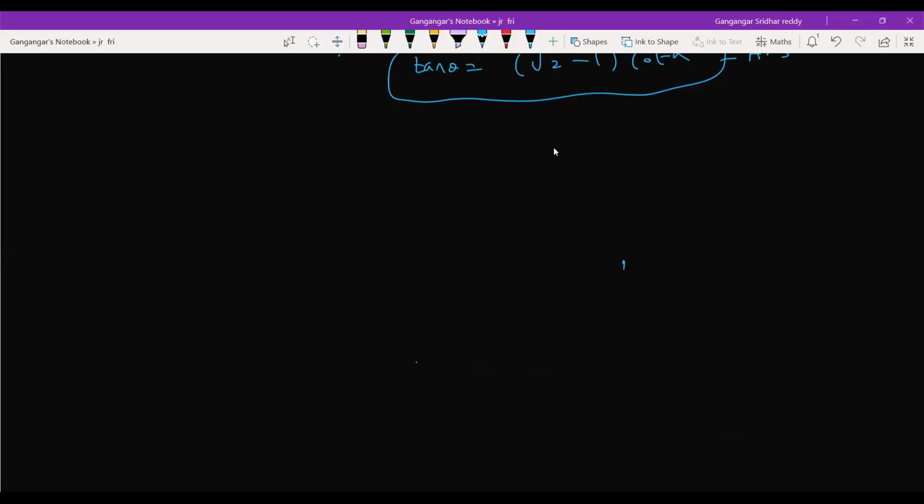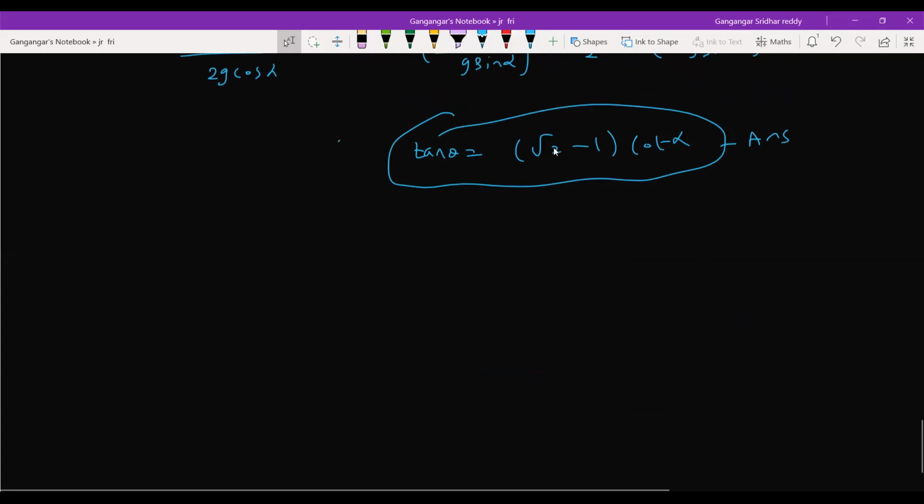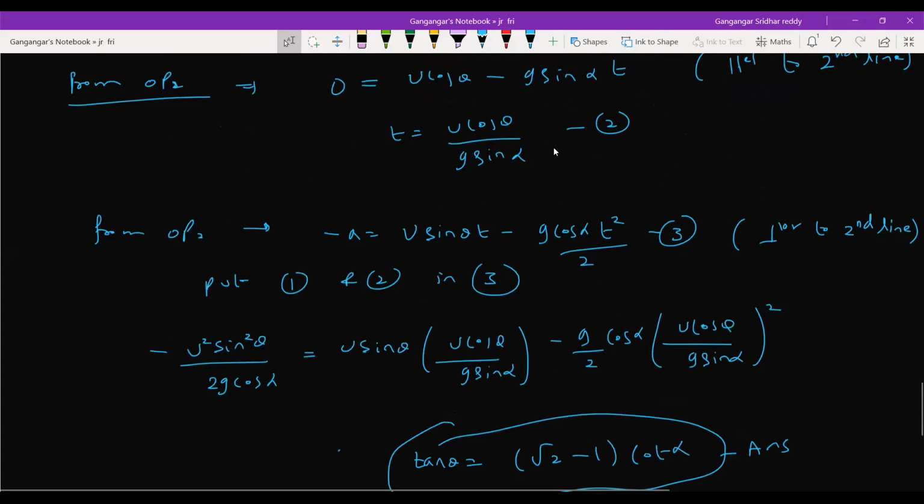Scroll up, sir. Yeah, let's scroll up. These are some generalized problems with the inclined projectile. Once you get the diagram, next what you have to do is apply equations of motion along the incline and perpendicular to the incline. That's all. Nothing else is there. Completed. I'll discuss a few more generalized cases.